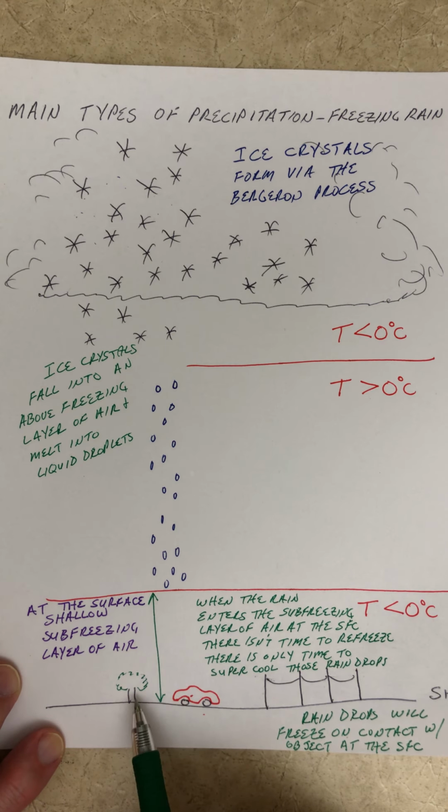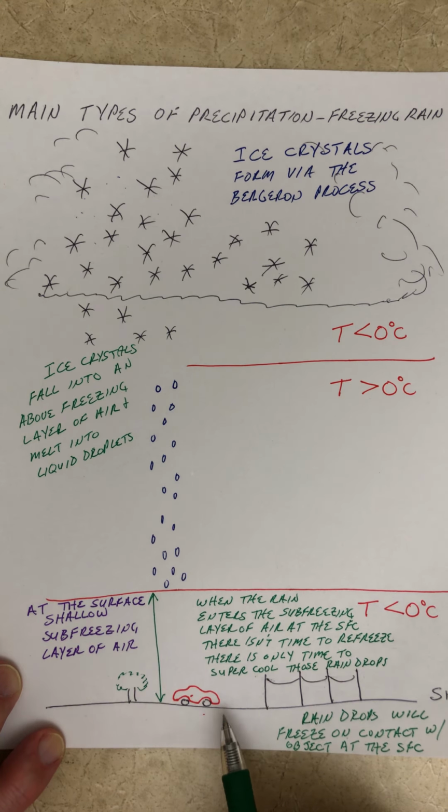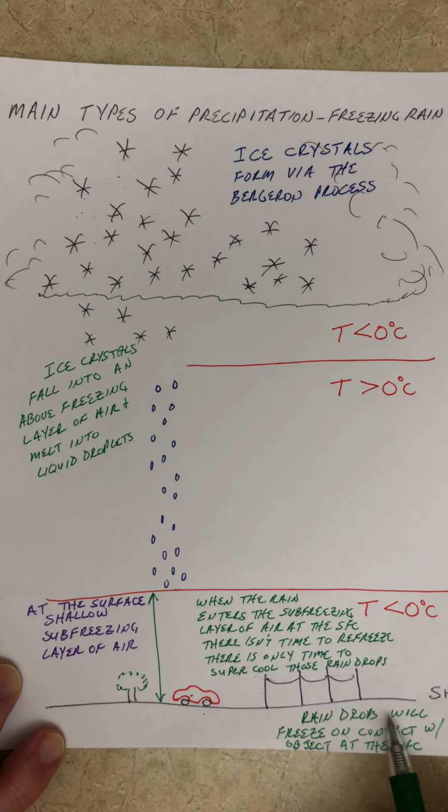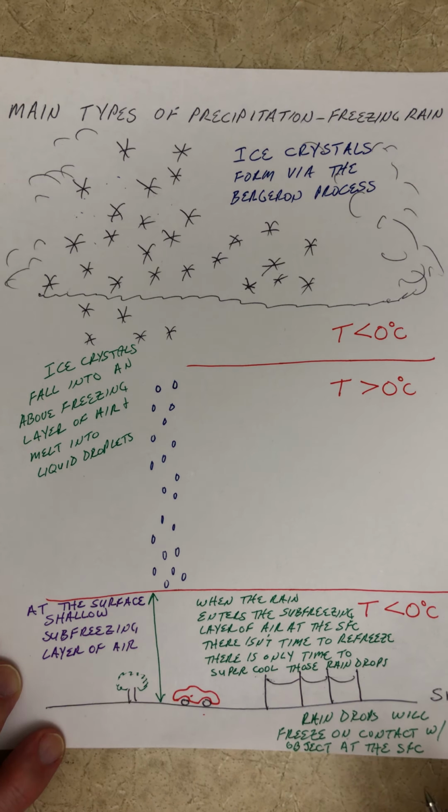So any of these branches, the trees, they're going to get coated with ice, and if you get too thick of a coating of ice, it's going to break the branches off. Cars are going to be coated with ice. You probably won't be able to get into them, and if you can, depending on how thick that ice is, it's really hard to get that ice off windshields. Power lines or telephone lines can get coated with ice and bring those lines down. So this is just a really nasty